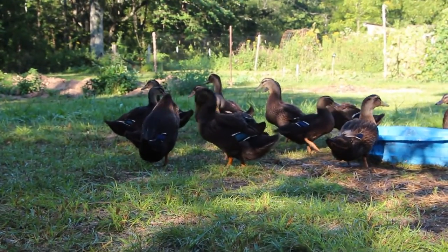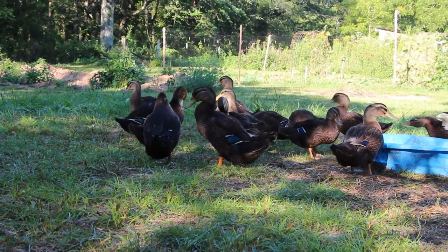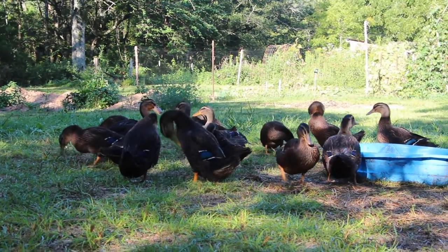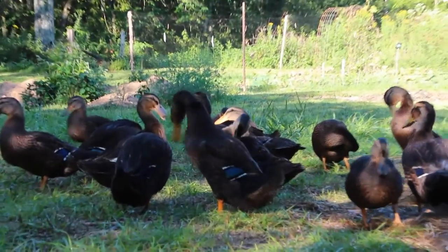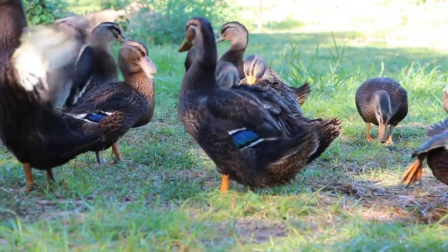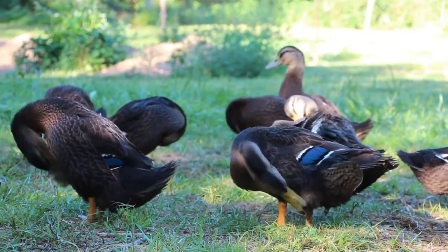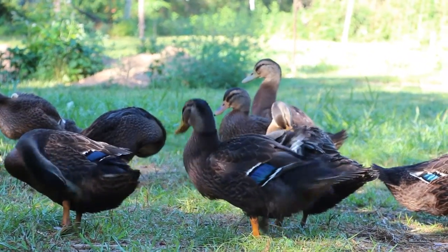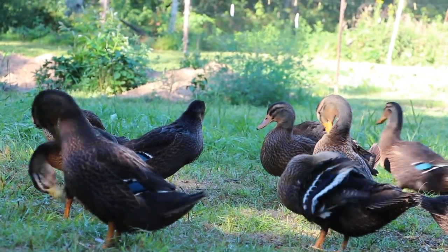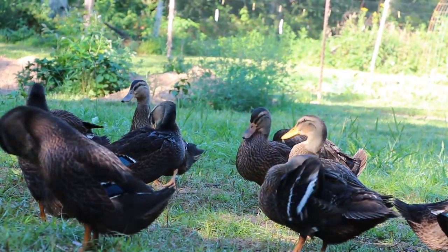This is our Rouen ducks. They are a week younger than the chickens and almost twice their size. They were originally bred in France as meat birds, and they are still young, don't have their full colors yet. And ducks are messy. There's no other way around it. But these will also be run in 2 flocks, one to produce eggs and offspring, and the other one to produce meat. The meat birds will be on the pond eventually,